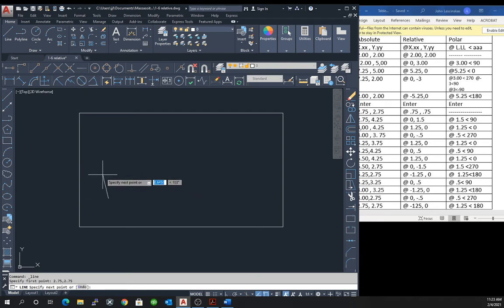Okay, so we start there, and then we type at 1.5 at an angle of 90, at 1.25 at an angle of 0, at 0.5 at an angle of minus 90, at 1.25 at an angle of 0, at 0.5 at an angle of 90,